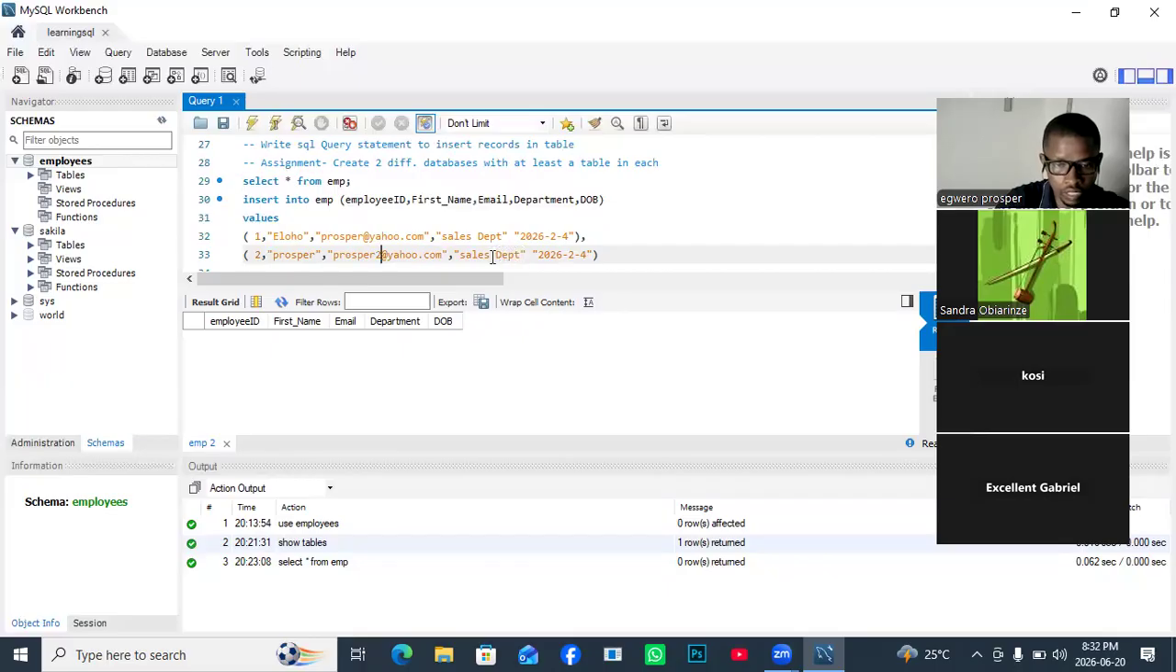Let's say this is security department. Then the date, let's say